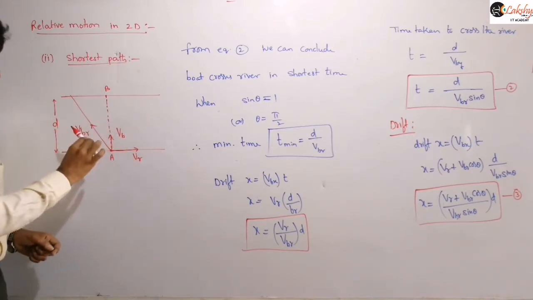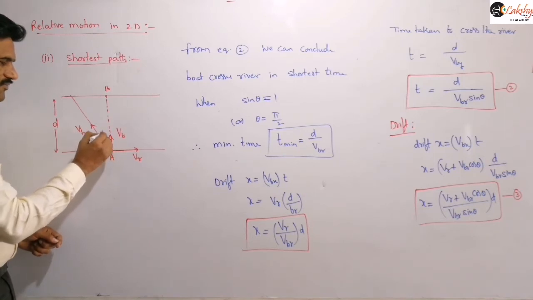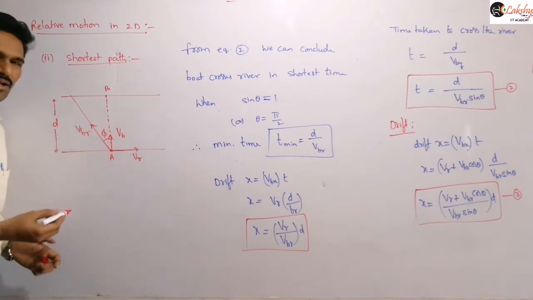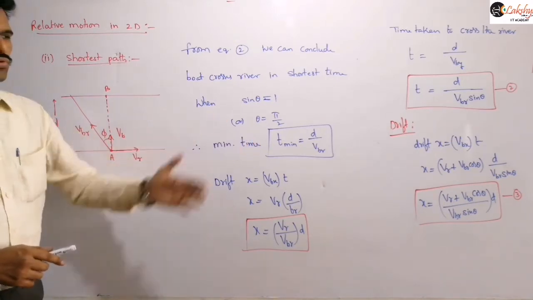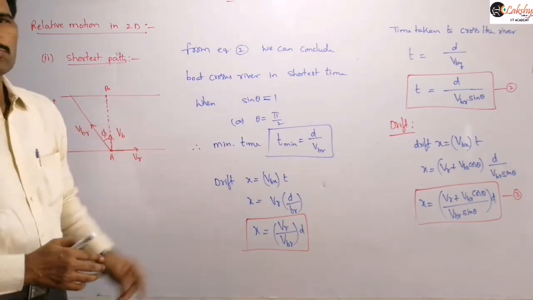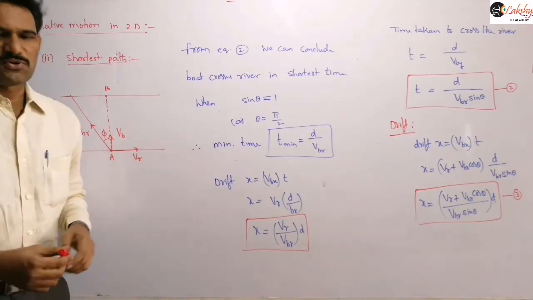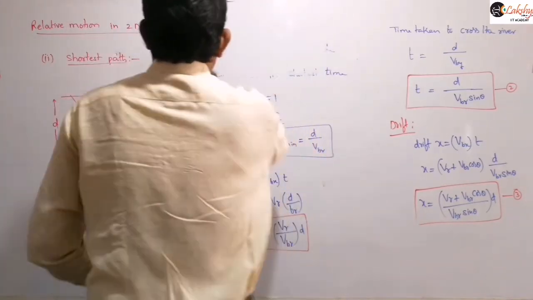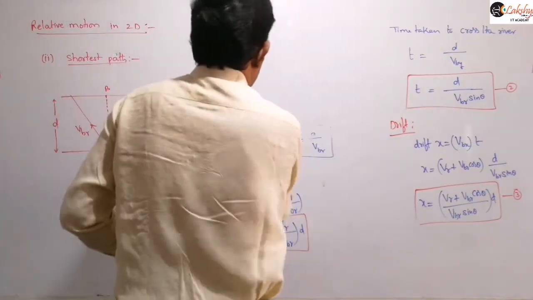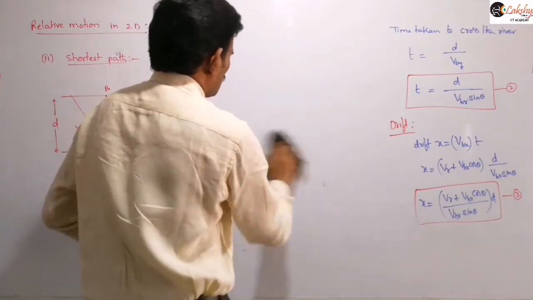It makes some angle, let us consider some phi here. Let us take this angle as phi with this normal. Then that angle we are going to calculate here. Or we can also do that by using that the drift should be equal to 0. We can equate the drift to 0 so that you will get this corresponding angle, or directly from this also we can say. So this is a diagram corresponding to that. Now the boat should reach the directly opposite point.